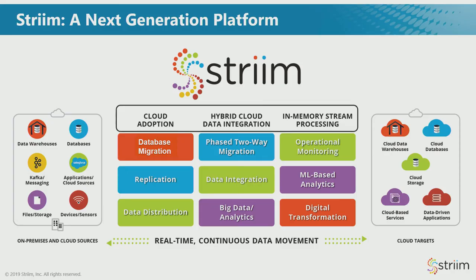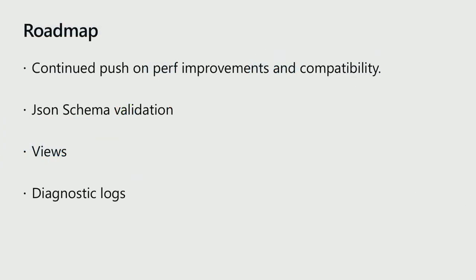So what's next? What are we looking at down in the roadmap, or what will we continue to work on? At the top of our mind as we do our roadmap planning for the next year, perf improvements is our biggest push. Like I said, we're working with the core data science team, and we are identifying the areas where we can keep improving. So perf will be on the top of our mind. And the other thing is compatibility. We want to make it as seamless as possible for all the application developers who want to point their applications and take advantage of both Cosmos DB and the MongoDB OSS, the entire OSS community. And the other, to be more specific, some of the features